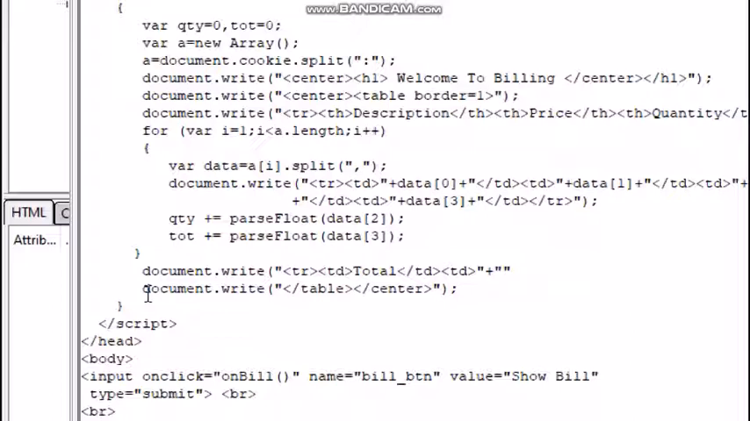Do you know why? Because the second column is of price. We don't have to find the sum of all the prices. So keep it blank, plus completion of TD, start of TD, quotation, double quotes complete, plus we will display the sum of all quantities. So qty plus